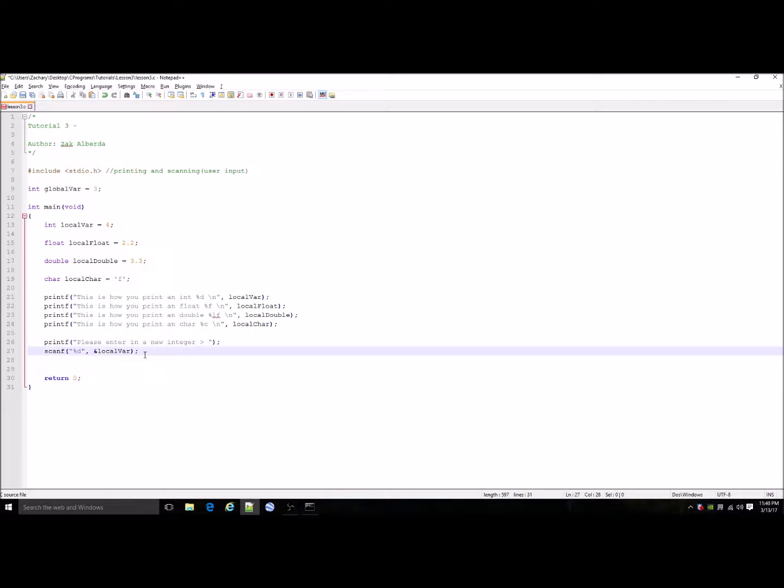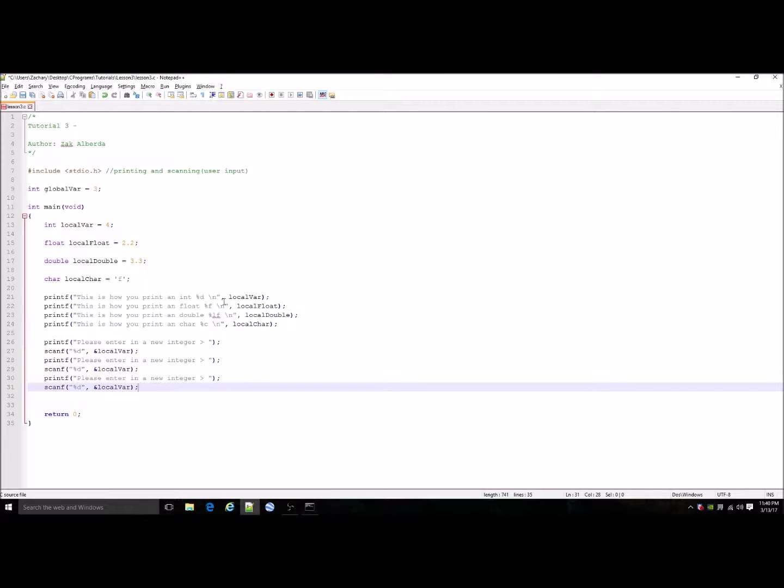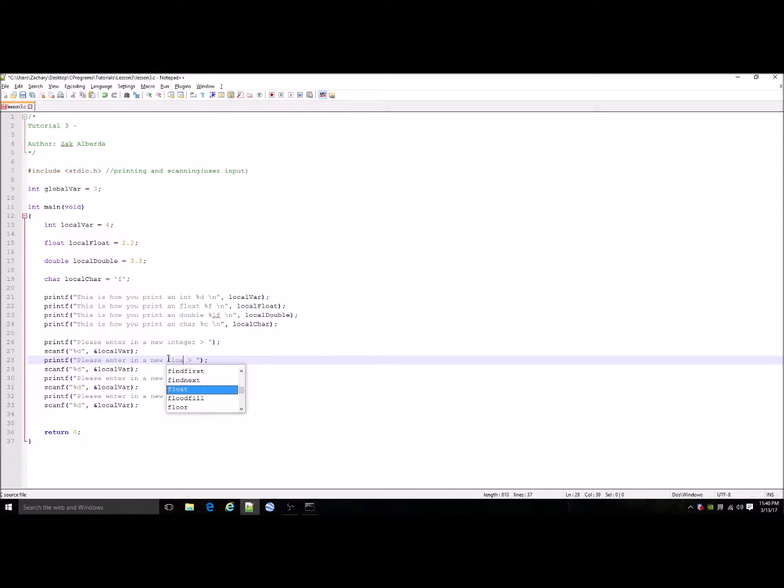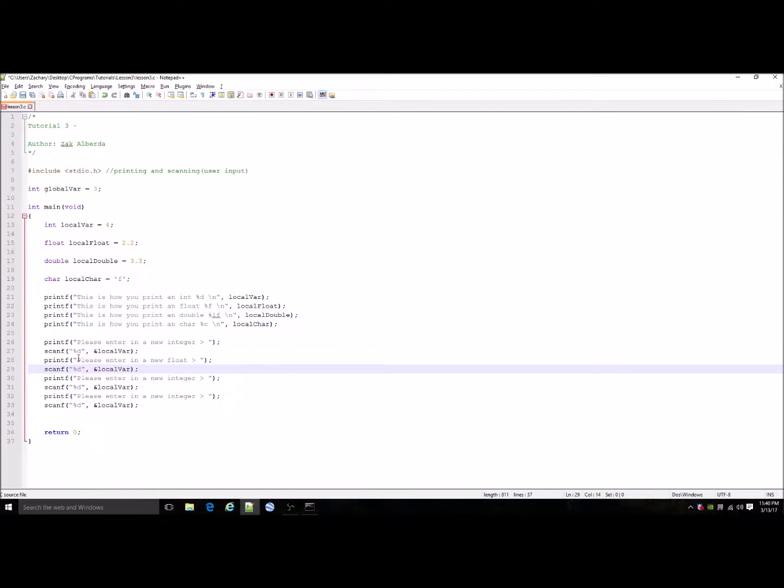And so then I'm just going to copy and paste this. For please enter a new float here, and then scanf %f, and then &local float. Please enter a new double, and then we'll scan in the double. So local double here, and then please enter a new